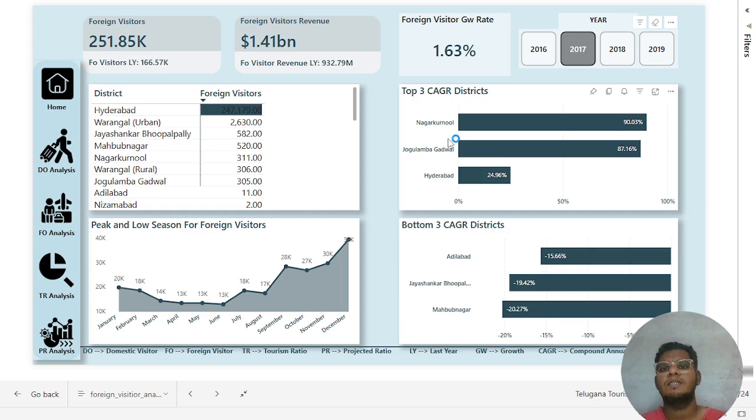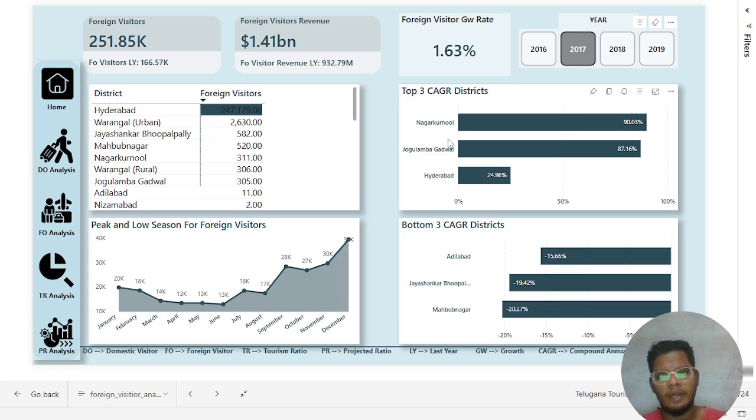And then there is a dam, the Jurala Dam. It's a perfect place for a picnic, and most families visit, spending time there. It's built on the Krishna River, and people are allowed to fish at that site. Fishing is a very interesting thing, right? That's why many people may like that area, because foreigners may be interested in fishing. And then the bottom CAGR,